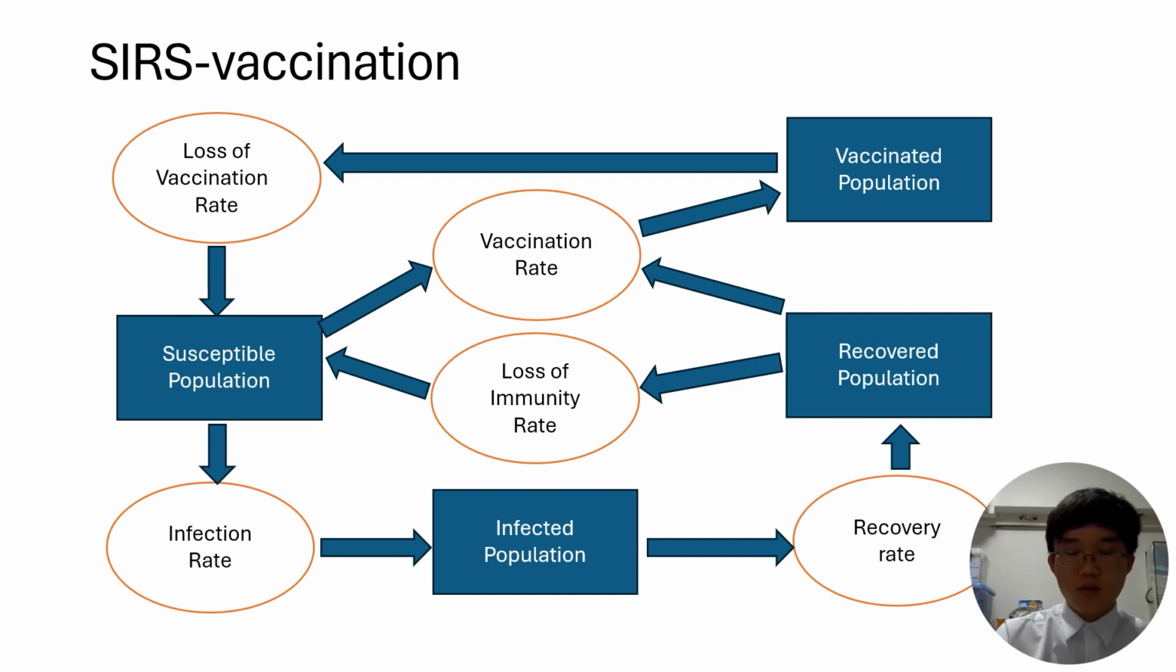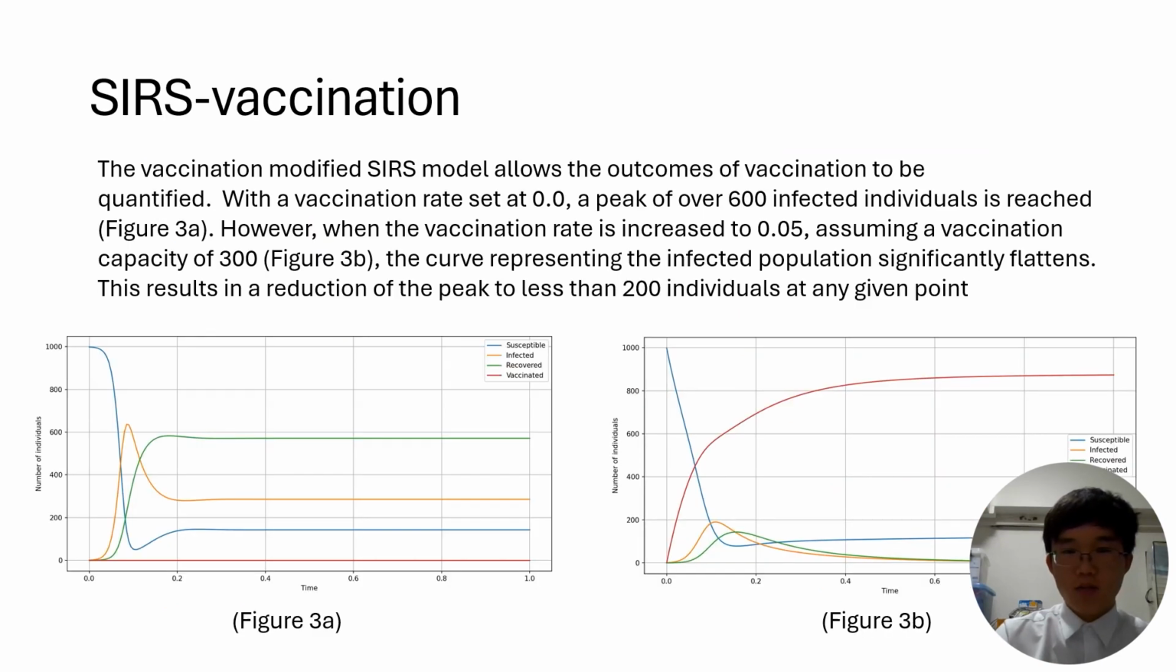We decided to improve on the traditional SIRS model by including a vaccination component. The vaccination model allows for the outcomes of vaccination to be quantified. With a vaccination rate of 0.0, a peak of over 600 infected individuals is reached in Figure 3a. However, when the vaccination rate is increased to 0.05, and assuming a vaccination capacity of 300, the curve representing the